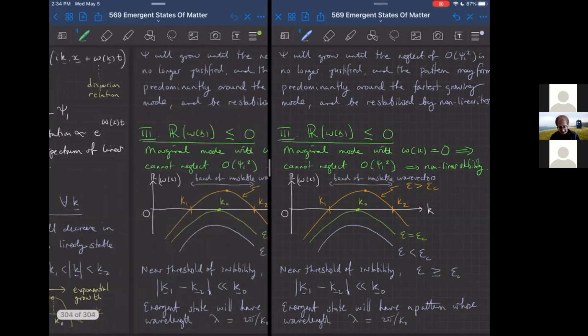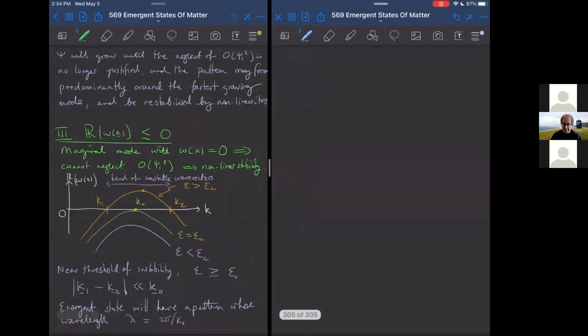And so basically the idea is that a random initial condition